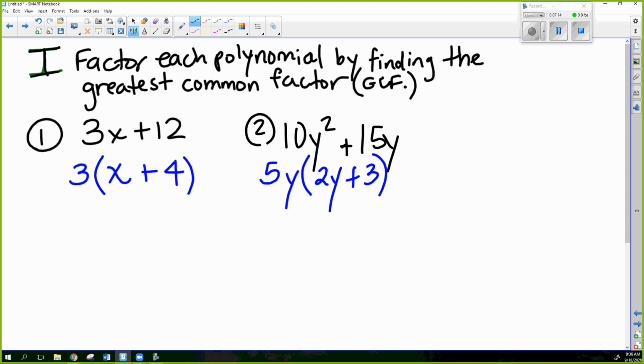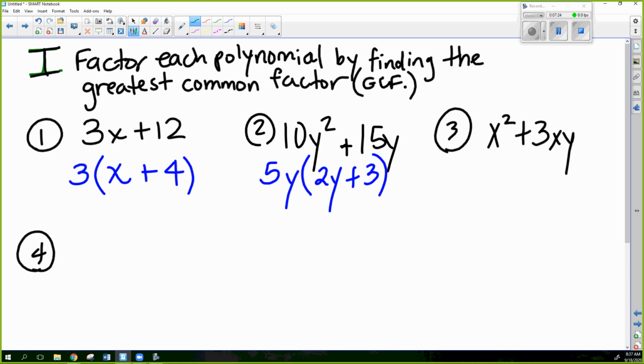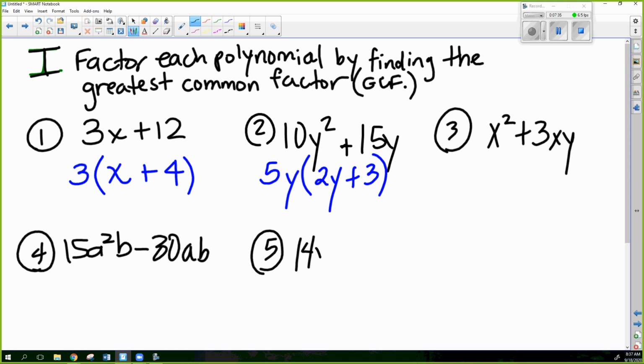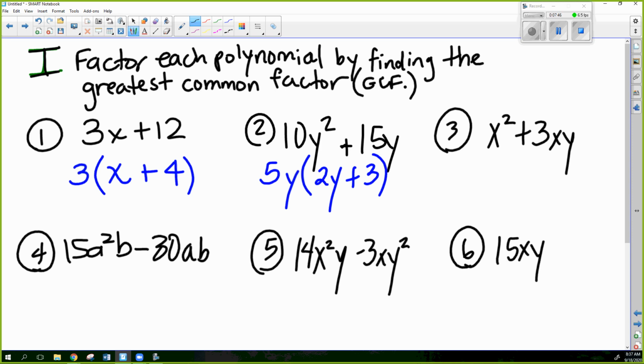All right, so I'm going to put up a couple more examples and give you a chance to think about them for a few minutes, and then we'll go over it. Because you should have done this before. This is just a refresher. Okay, so,